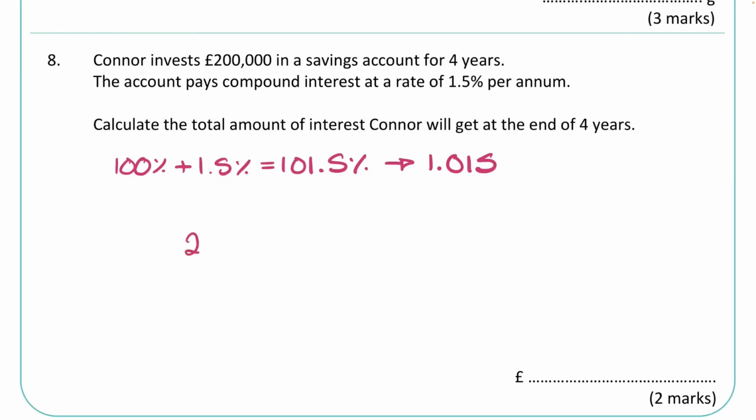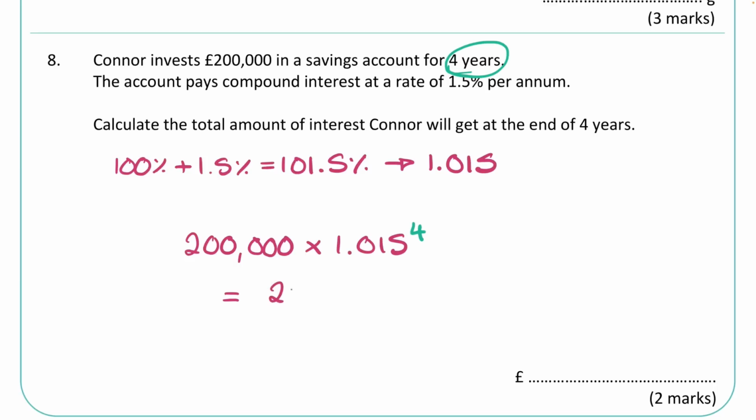So if we want to work this out, we now just need to do 200,000 multiplied by 1.015. You can actually just multiply by the 101.5% as well. It will do the exact same thing as they are the same number. So 200,000 times 1.015, that'll increase for 1 year. We want to increase for 4 years. So for 4 years, I need to put a power of 4 with my multiplier, or just multiply 4 times and write them all down. It's up to you. I obviously just prefer to write the multiplier with it a lot quicker. So 200,000 times 1.015, and then that is to the power of 4,